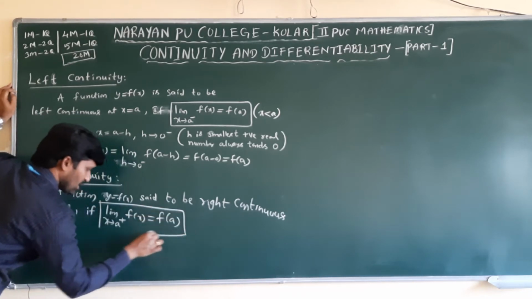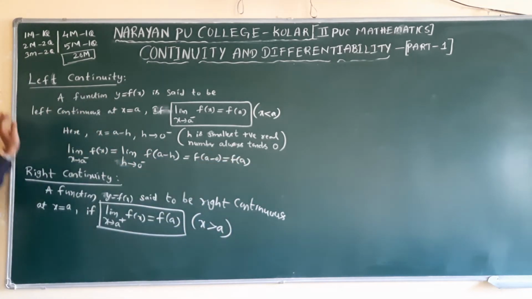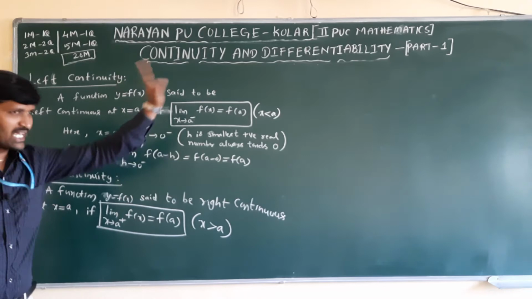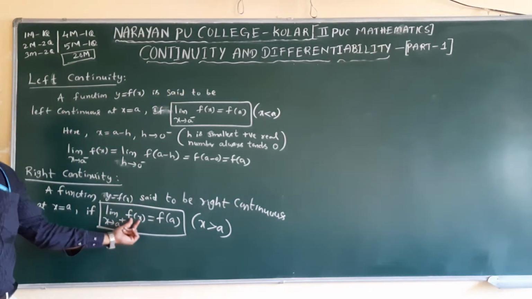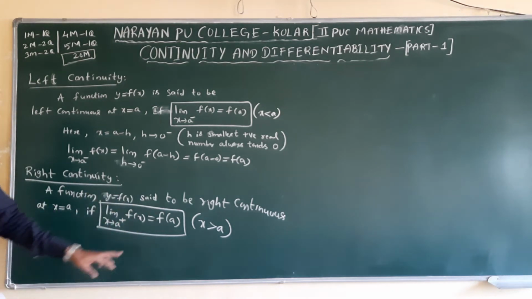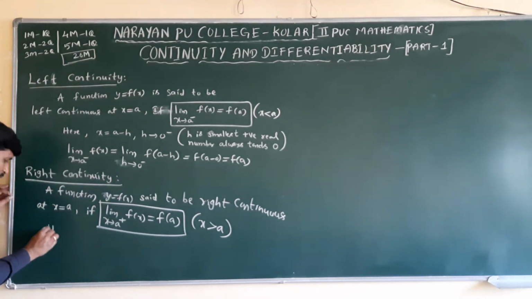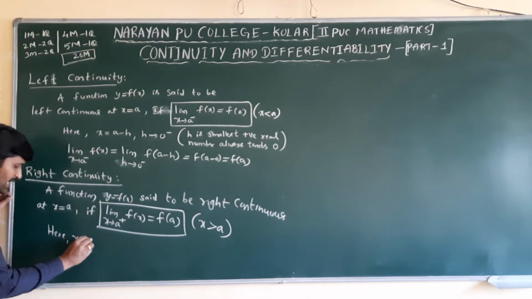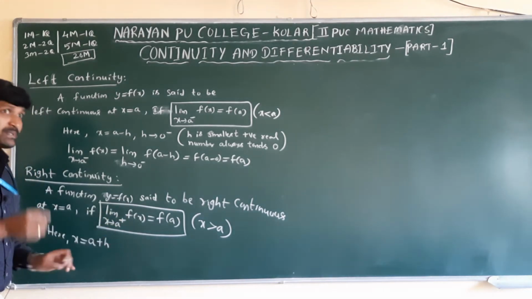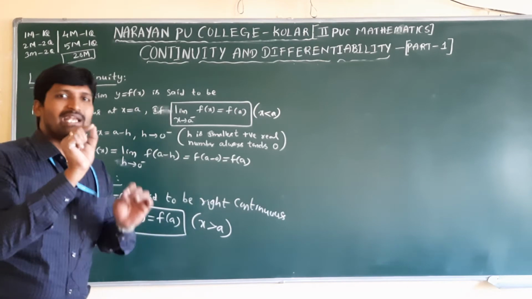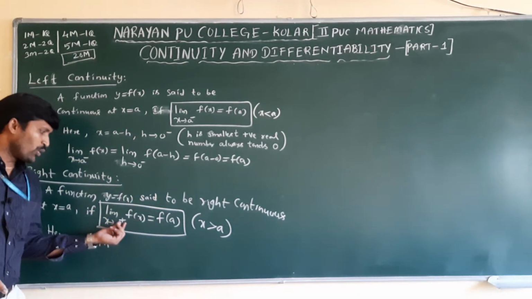When these two are equal, here x value is greater than a. a plus means more than a. More than a means, for greater than a, which function is defined, that we will replace here. Okay. Now here f of a means at x equal to a. Now in this case, for right hand limit we are replacing x is equal to a plus h. Now x tends to a plus. Plus symbol represents the value is greater than a. Only for that purpose we are taking the plus symbol.